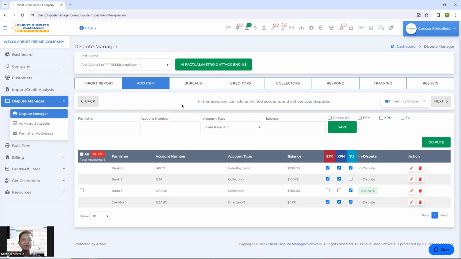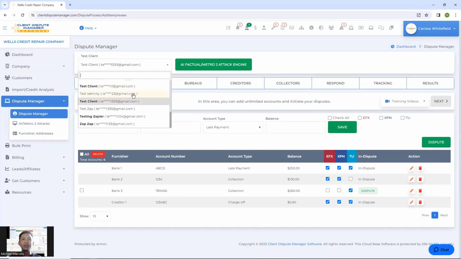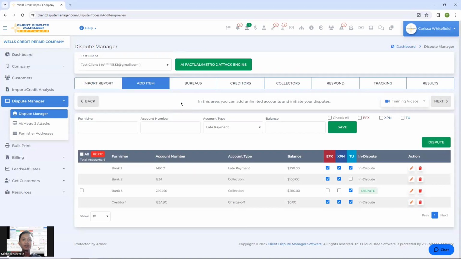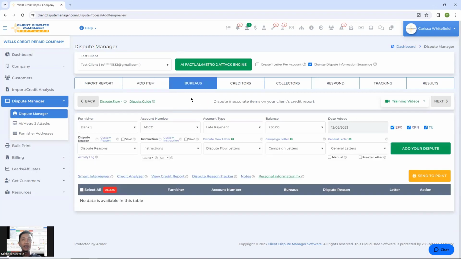Once you get to the dispute manager screen, you want to go ahead and make sure that you choose your client from the drop down. After you select your client, you want to go ahead and go to the Credit Bureaus tab, and this is what we're going to discuss today. So let me go ahead and show you how easy it is to create a dispute in the Client Dispute